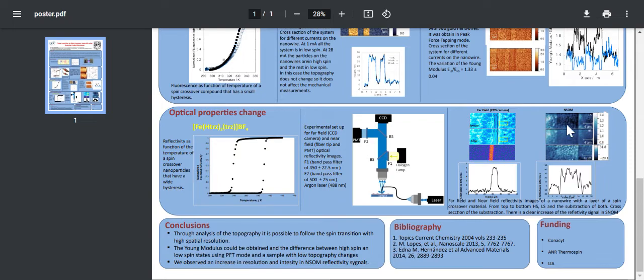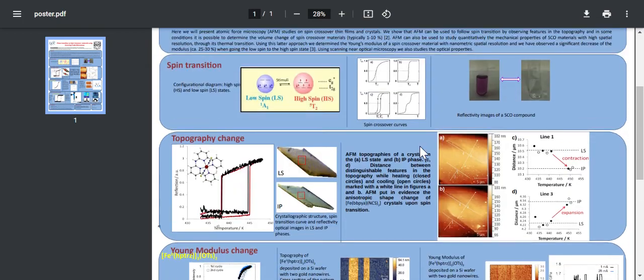The difference in reflectivity between the low spin state and the high spin state can be observed clearly, and with more intensity, using SNOM than far field. Another thing is that we are able to distinguish the different particles in the SNOM that we cannot see in the far field, as expected. So in conclusion,